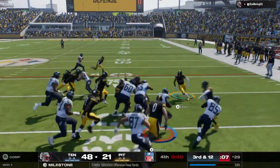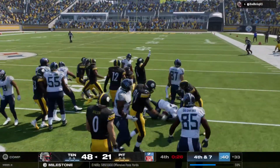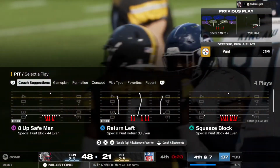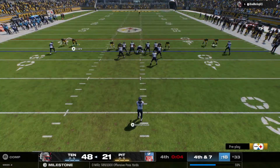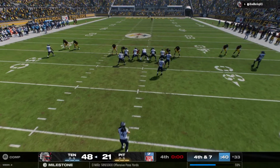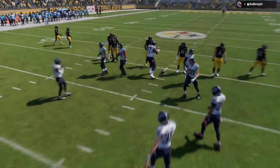Back-to-back carries here. And he's able to maneuver this up past the 30. It's a gain of 5, but they still need a bunch here on 4th down. Ryan Stonehouse in punt formation for the Titans. So it's a win on the